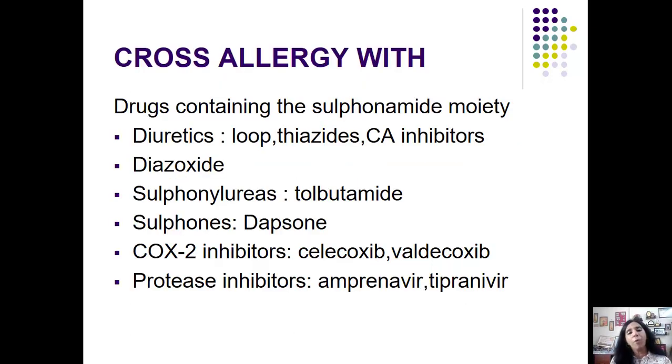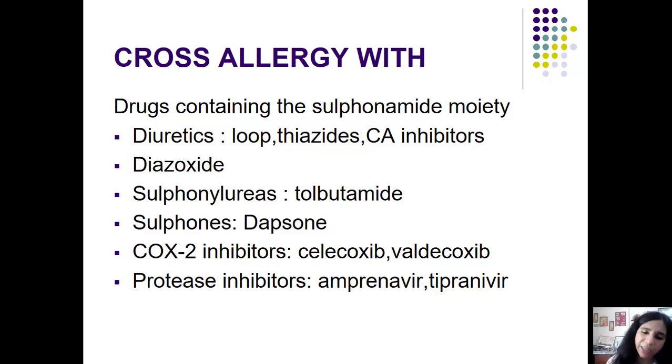Sulpha moiety is present not only in the sulfonamides, but also in other drugs like the loop diuretics, the thiazides, the carbonic anhydrase inhibitors, the diazoxide. What is it? A potassium channel opener used for hypertensive emergency, and also used for insulinoma. Sulfonylureas, tolbutamide, which is a blood sugar lowering agent. Sulfones, dapsone, which also contains the sulpha moiety. The COX-2 inhibitors, which are rarely used now, celecoxib and valdecoxib, and the protease inhibitors, which are used for HIV,